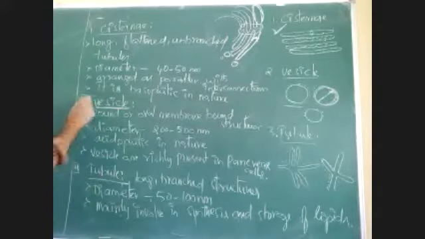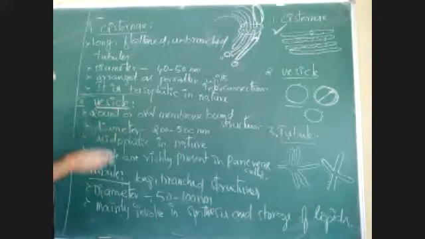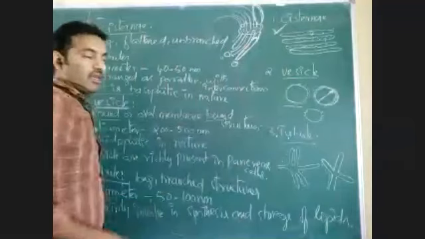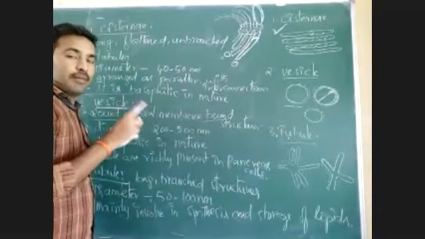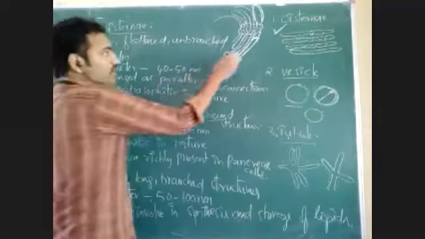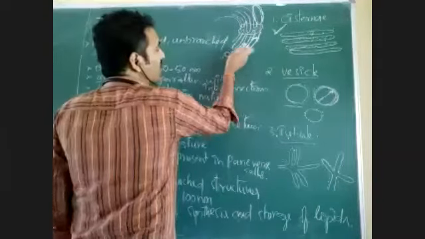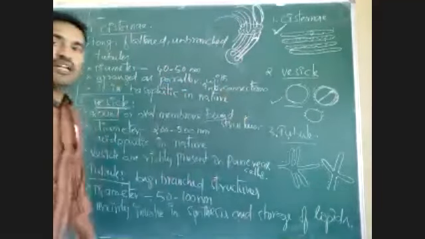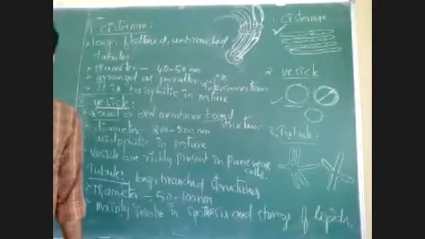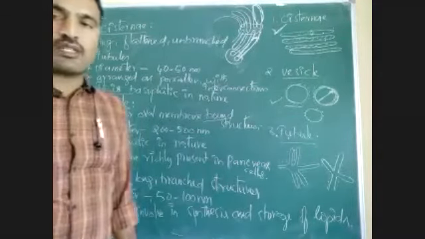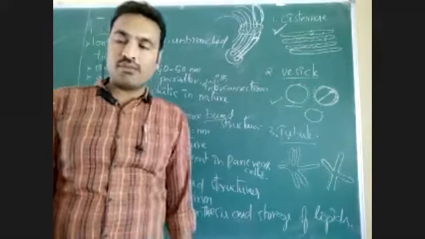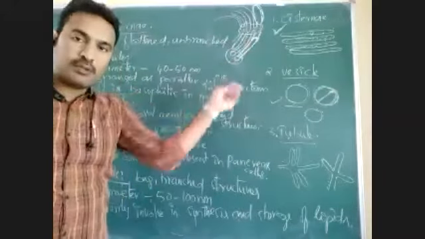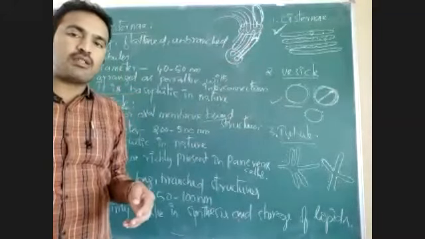That is about cisternae. Coming to vesicles, vesicles are round or oval structures which are unimembranous, single membrane bound structures. Usually some part of the ends of the cisternae will detach and give this vesicle. Not only vesicles, the Golgi complex is also made from cisternae. I mean endoplasmic reticulum. Some part of the endoplasmic reticulum is cut, and when it is cut like this, that part may release and separate as Golgi complex.